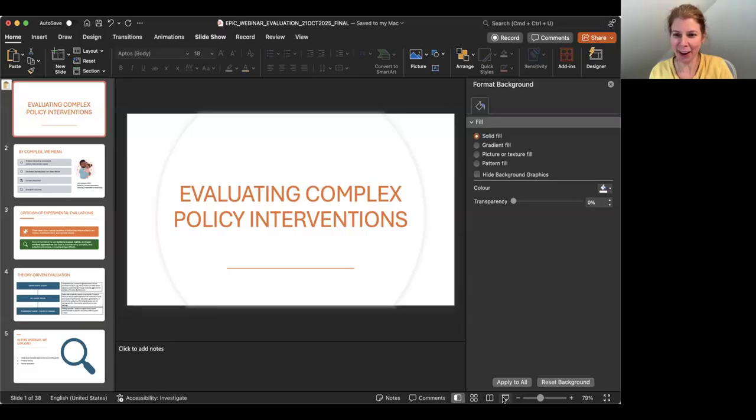It's all in the acronym, and it's about the challenges of evaluating complex policy interventions. And many of you here have a lot of experience doing this, so we really look forward to the discussion and your insights. What we're going to do today is just present three different approaches for doing this, in the hope that this will stimulate some discussion about similarities and differences between those approaches. And maybe that some of you who have done these types of evaluations in the past can share your insights